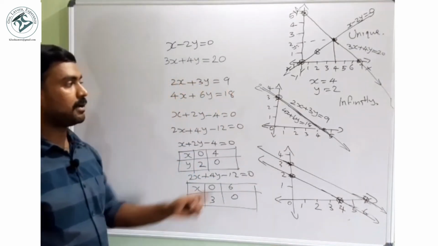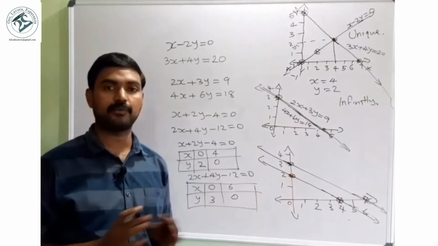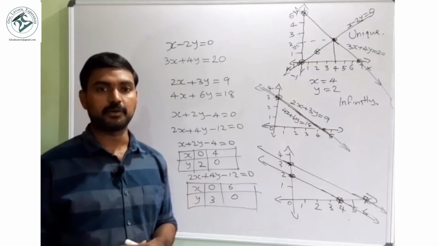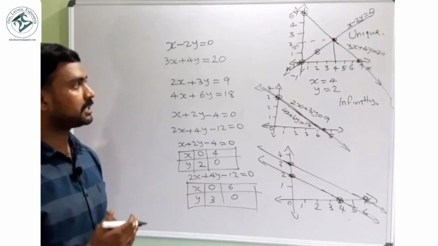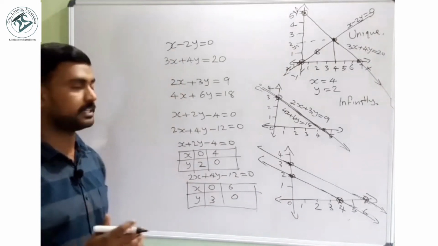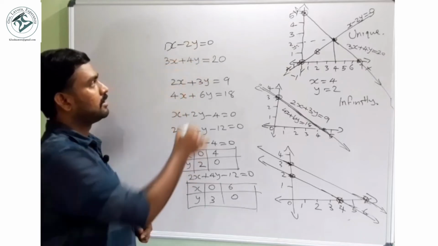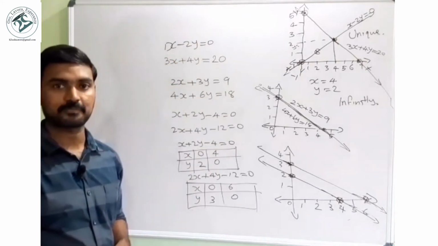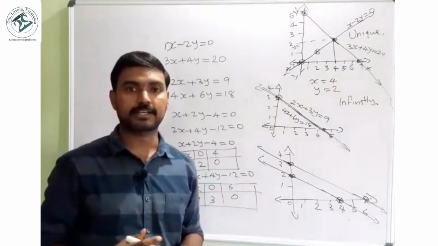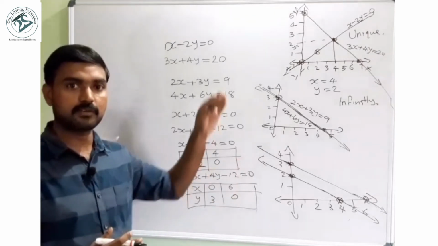So as compared to this figure, what is the difference here? Here it is parallel, but here parallel never intersecting. Here it was coincident. Now we are going to study, is there any relation between these figures and the coefficients of the equation? Coefficients means this number 1, 2, 3, 4, and this constant also. So these are the main types of questions you can expect for the board examination from this chapter. In such cases, there will be 3 cases.